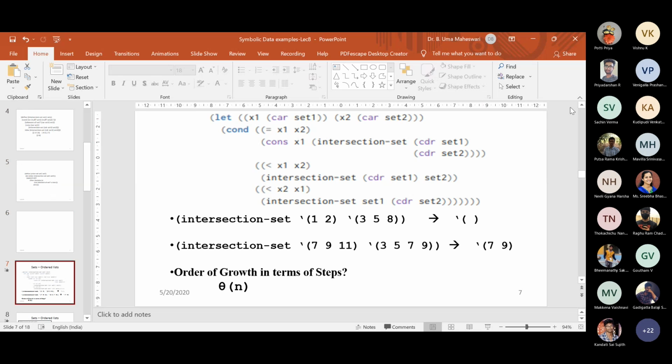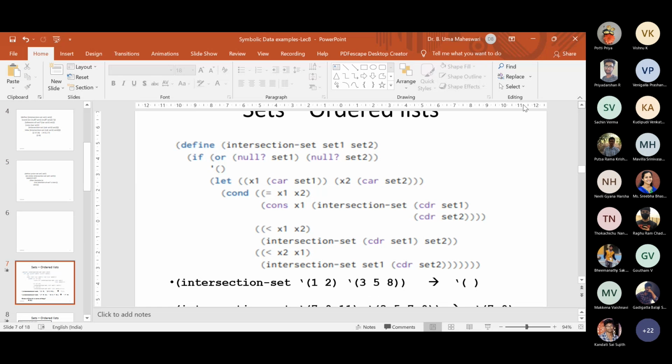Yeah, so now let us perform intersection on the ordered list. Okay, so performing intersection on set 1 and set 2. Now if you look at the first condition, if set 1 is null or set 2 is null, I will return empty.